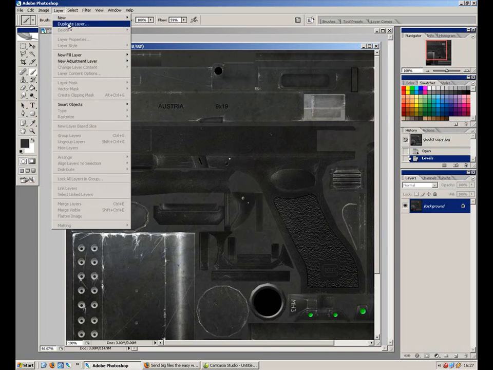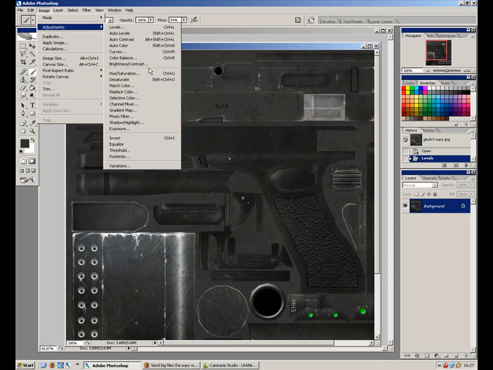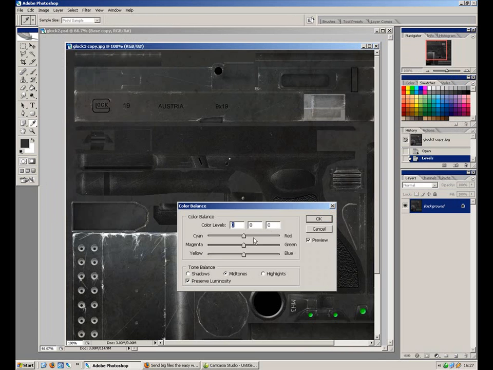You could also have a fiddle with the colour balance here, and these just allow you to add a little touch of colouring to your texture, but you only want a teeny bit. So just make it one touch of blue. Yeah,